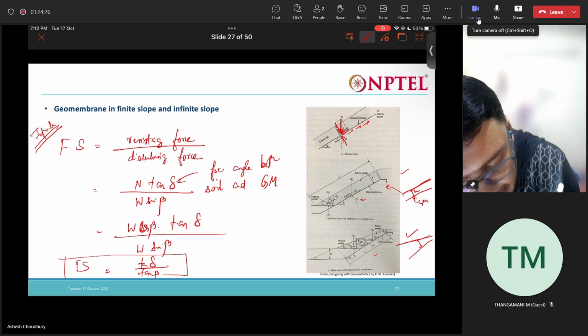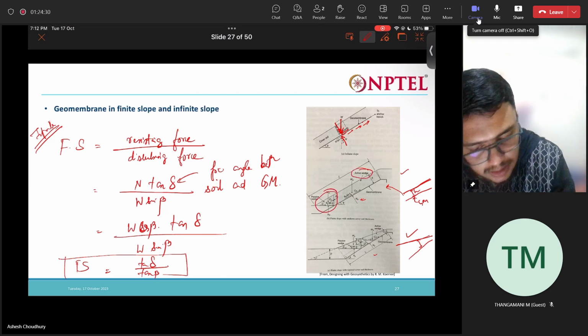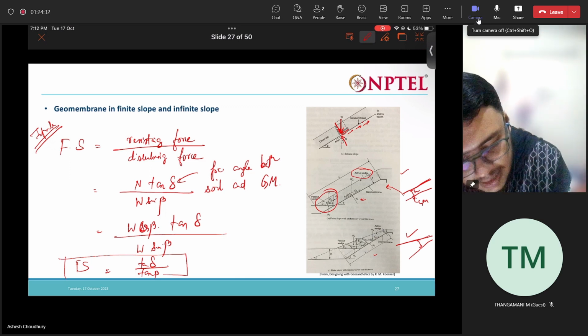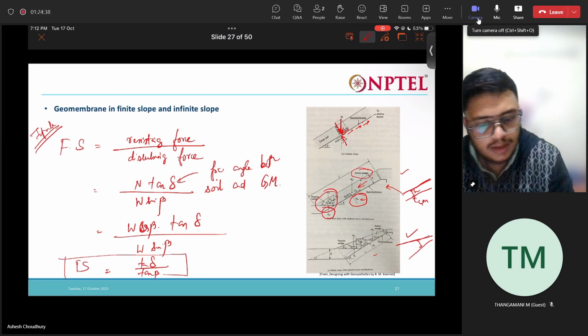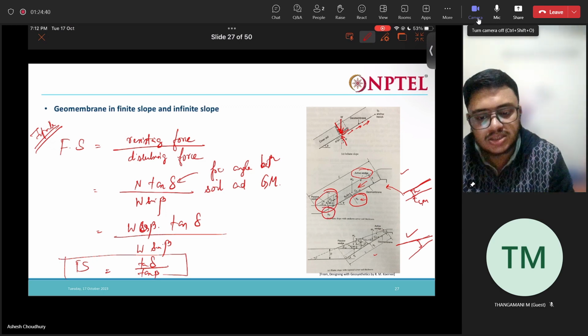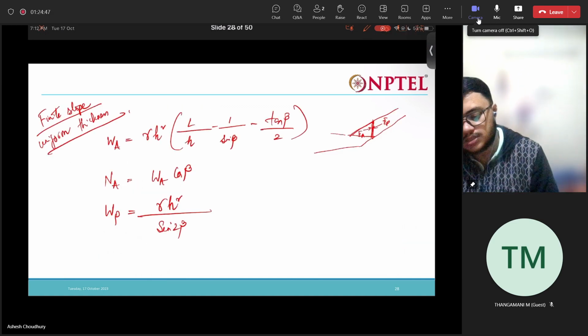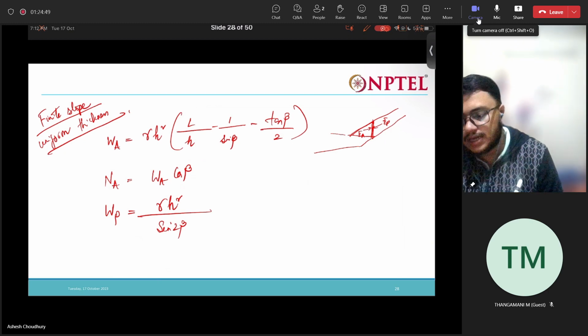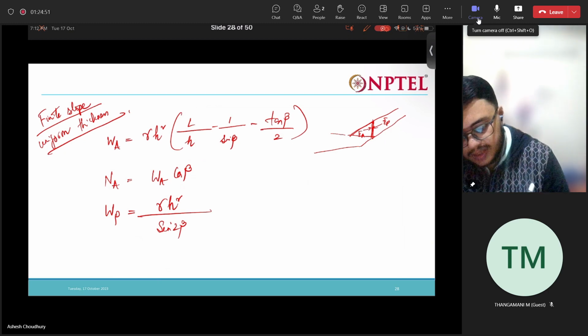So there is an active wedge formation and here we have a passive wedge formation. There is a tendency for this to slide downwards, so we need these normal forces Na and also Np acting. If we equate all the forces in the vertical and horizontal direction, we will finally obtain the desired equations. So you have Wa, Na, Wp. The factor of safety is given by